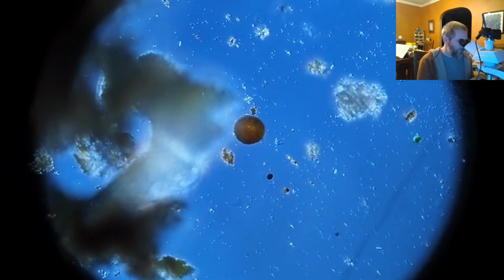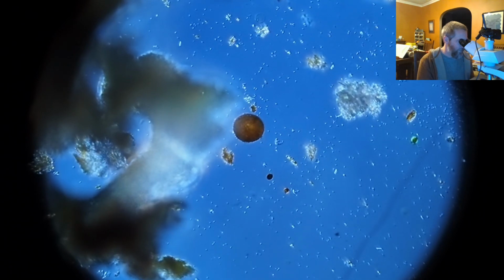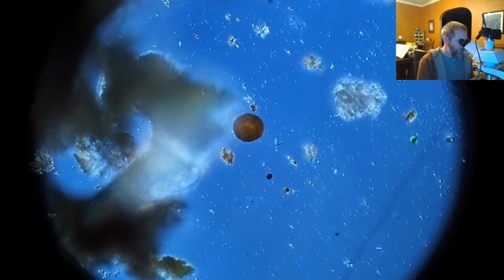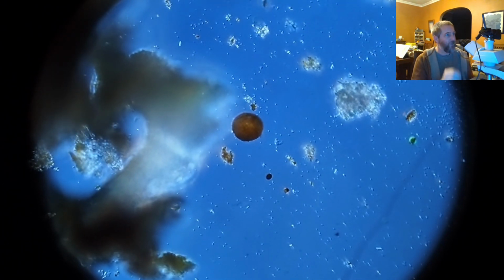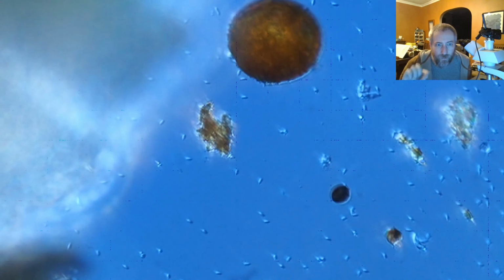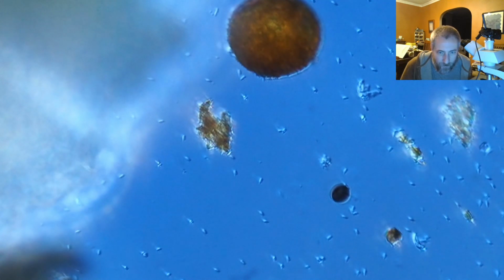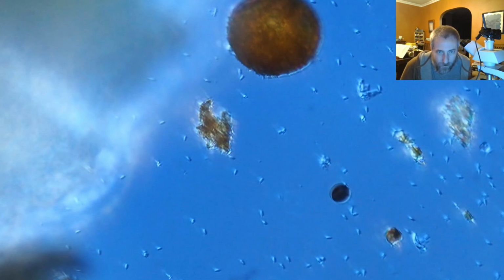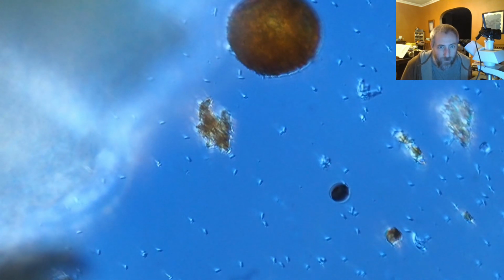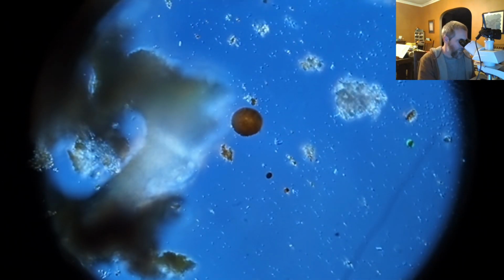So most people are familiar with just plain old amoeba that don't have any sort of exoskeleton. These ones make a little, I think that's chitinous material that's around them. And if we sit on it long enough, you might actually see some of the material around it start to sort of wiggle or move. They crawl very slowly, so you can kind of see like little tiny pseudopods, and there's a bunch of bacteria on the slide as well. You can kind of see the bacteria there. We're zoomed in enough that you can see the bacteria, but you might see them kind of start to crawl if it's alive. And I'm not totally sure that it is alive, so I don't want to sit on it for too long, but